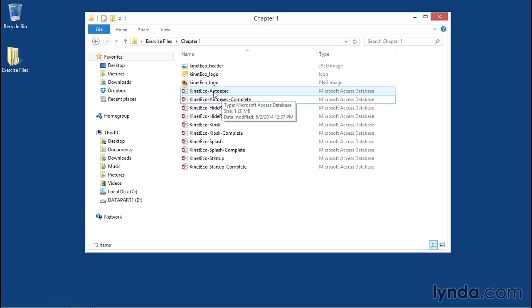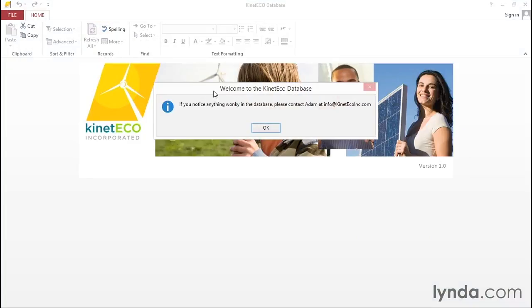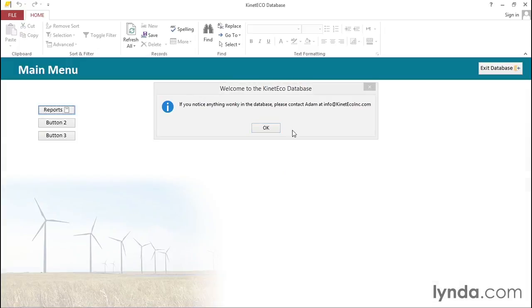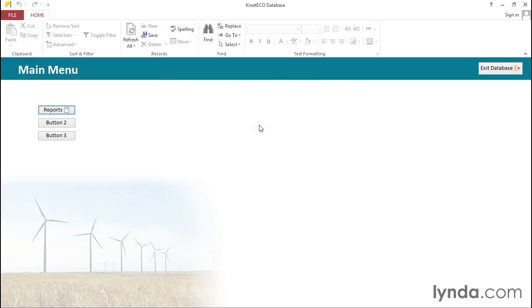I'll come back over here, I'll double-click on it. This time I don't need to hold down the Shift key. That'll start up my database. I get the splash screen in the background, and that little dialog box on top that says, Welcome to the Kinetico Database. And it gives the email address where anybody can contact me if they have issues with the database. I'll go ahead and say OK, and I'll notice that my splash screen has already disappeared and the main menu